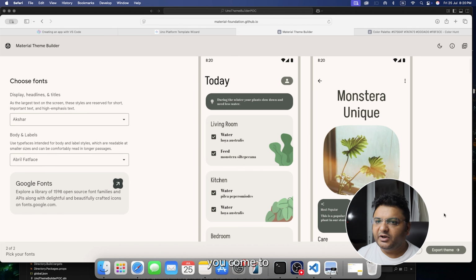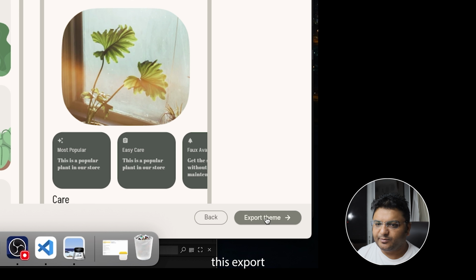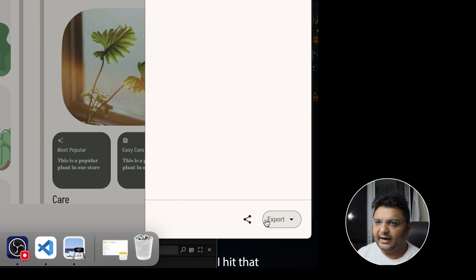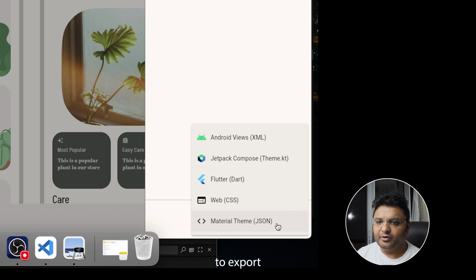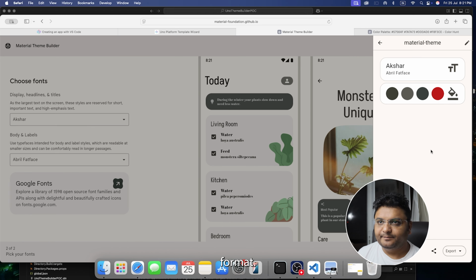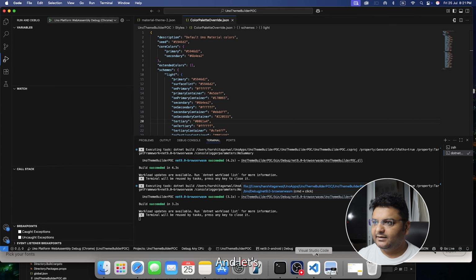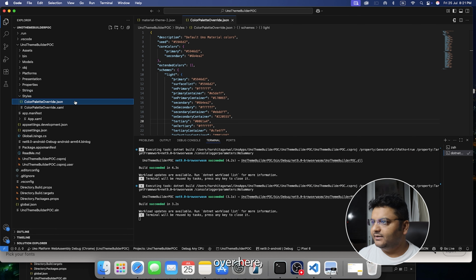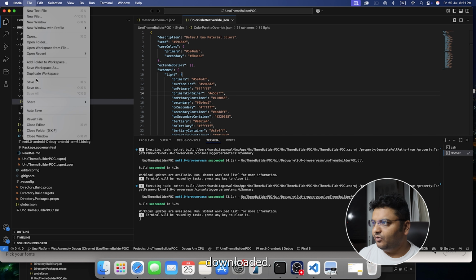Okay. Now, if you come to the very bottom of this page, you will see this export theme button over here. I hit that and I get this option to export my theme. I can do it in XML or a Dart file or a CSS, but for now I'm going to export this into a JSON format. So the file has downloaded, and let's get back to our Visual Studio Code. And if I come over here, this color palette override JSON I already had. Okay, I'm going to open the file that I just downloaded,